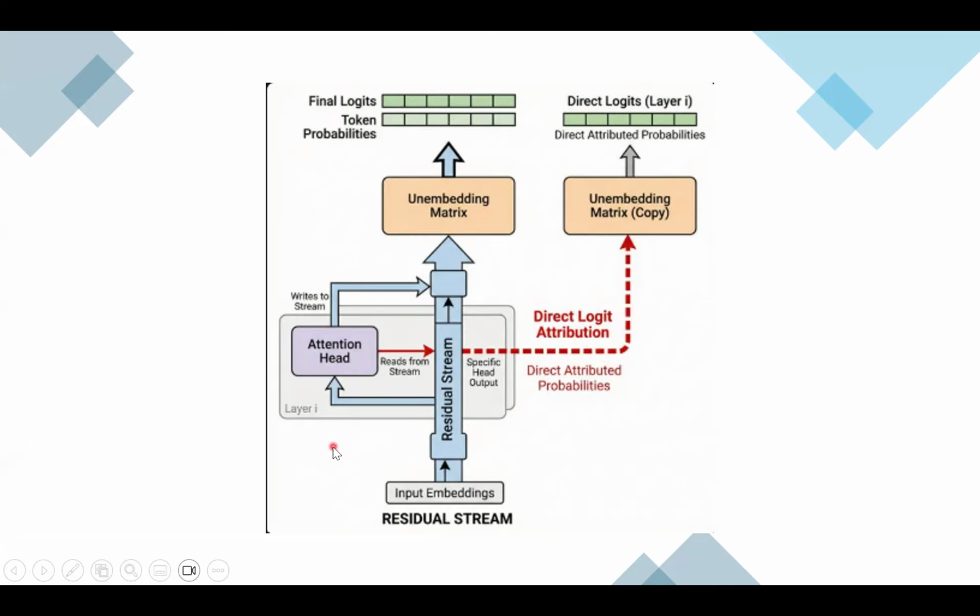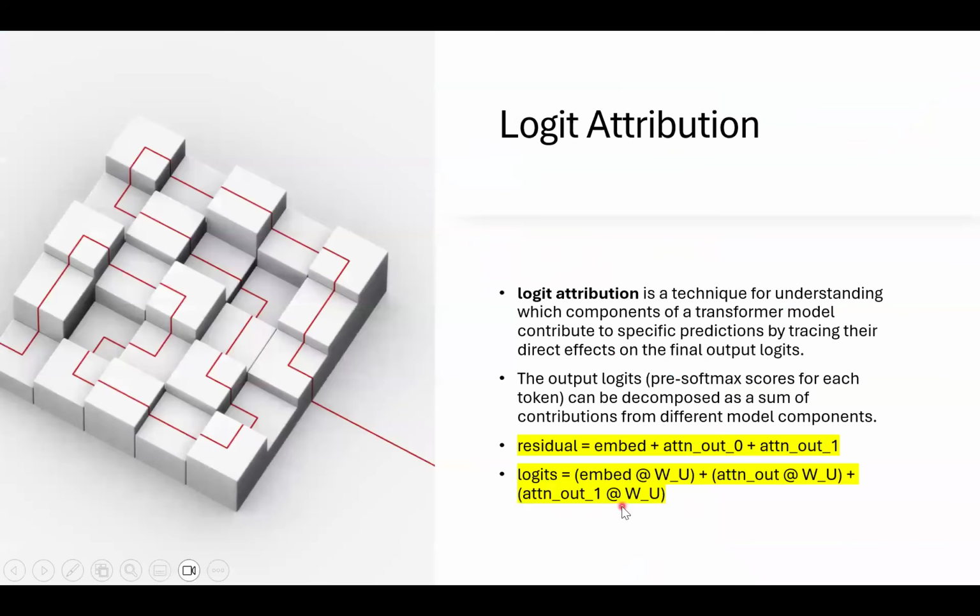As I stated earlier, if no attention head is contributing, you have a direct path, or if an attention head is contributing, you will have a high association with the probability of a token for WU with attention out zero, attention out one, whatever components are performing there, right? The direct path is nothing but embed